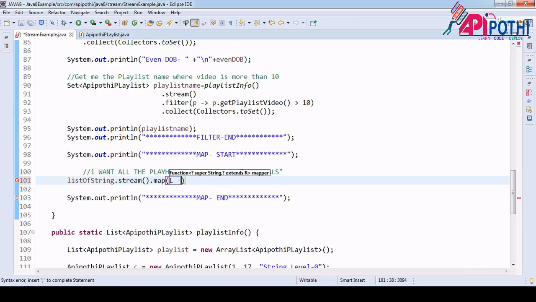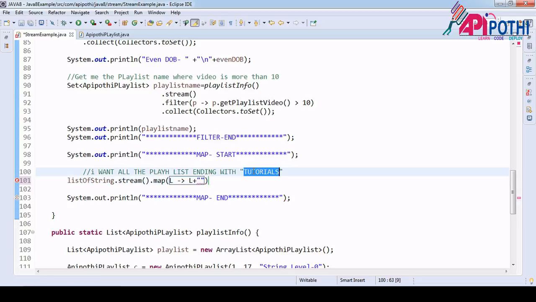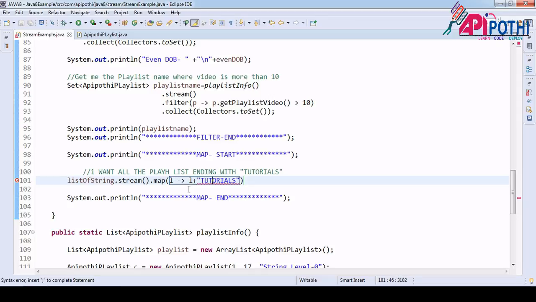I want this object to be concatenated with tutorials. That's all. A small l looks good, here it doesn't make any sense, but there is also a code standard. So I want this l to end with tutorials. That's all. Done. So this is the logic we want to do.